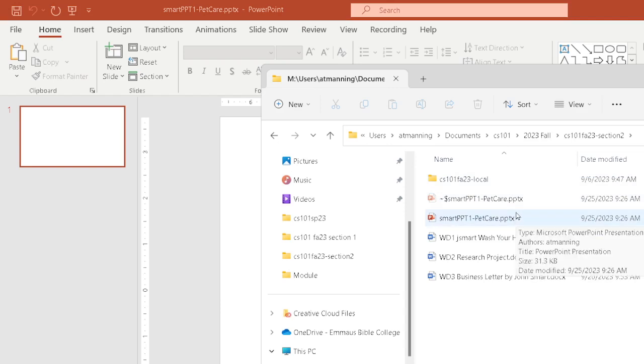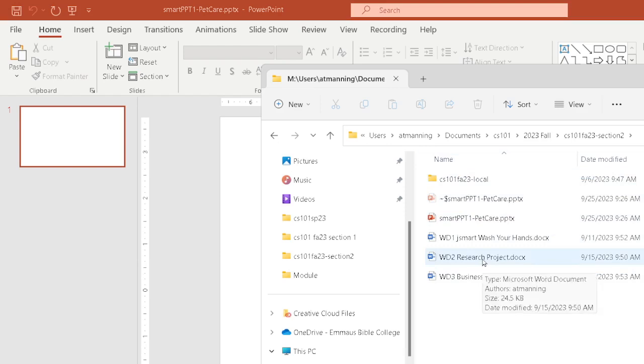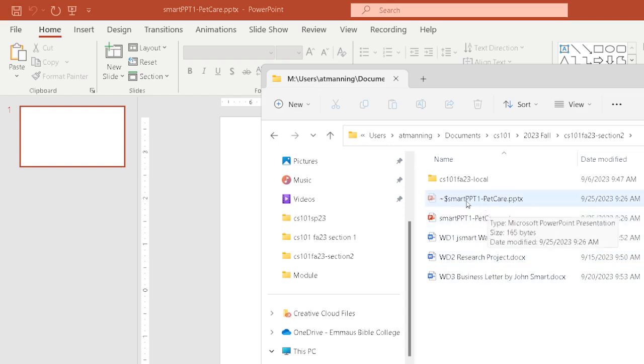Sometimes if PowerPoint crashes or Word crashes, that file can still be hanging around, and it might cause you trouble or it might cause confusion. It'll say, wait a minute, someone else has that file open. That's just one characteristic of some of the special files in Microsoft Windows, that your application sometimes create special hidden files. Usually you can ignore that, but occasionally it's nice to know why you have all these extra files sitting